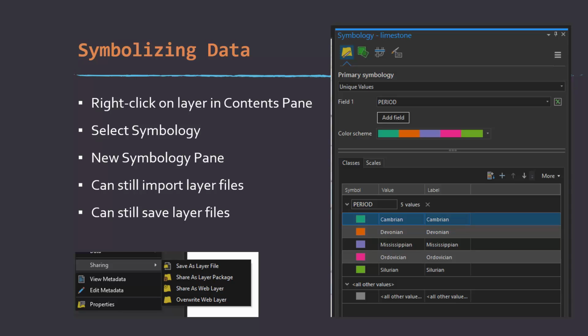Okay, so first off, you don't access the symbology options under Properties anymore. Instead, it's its own section underneath the drop-down whenever you right-click on a layer in the Contents pane. So it's a little bit more accessible. Basically, you'll right-click on the layer in the Contents pane, then select Symbology, and that'll open up this new